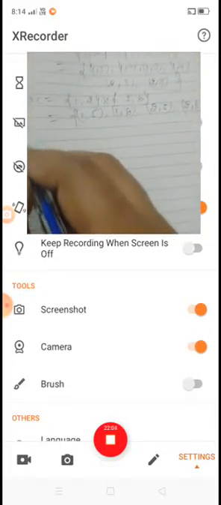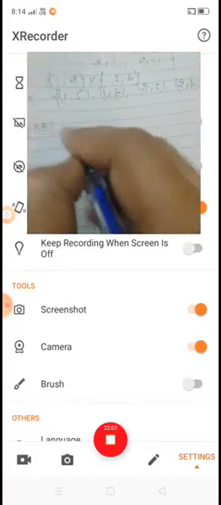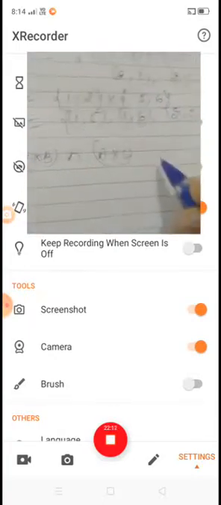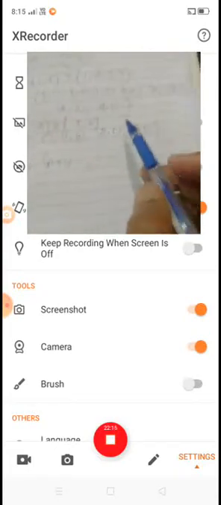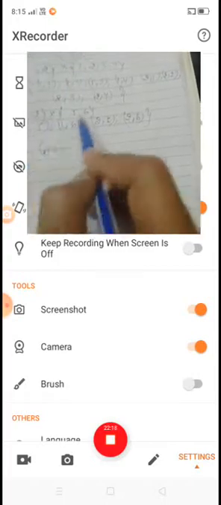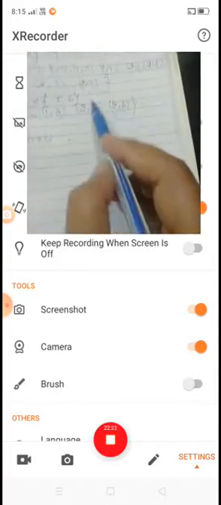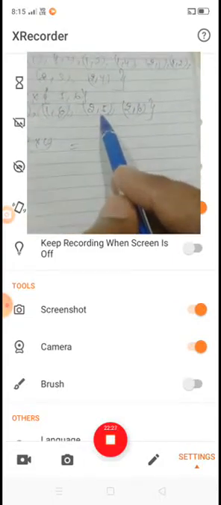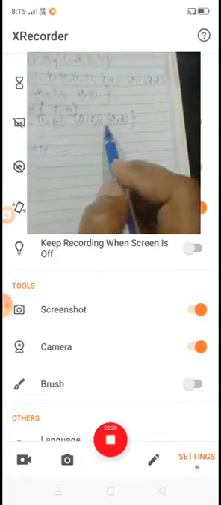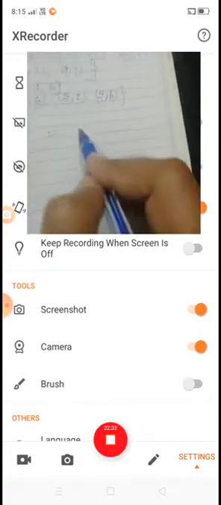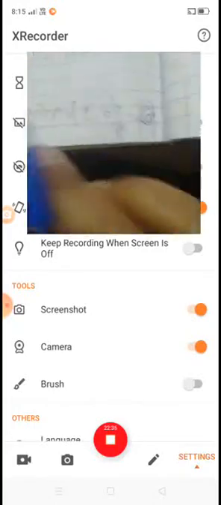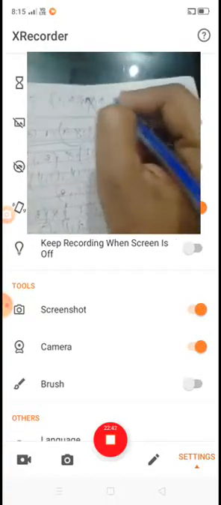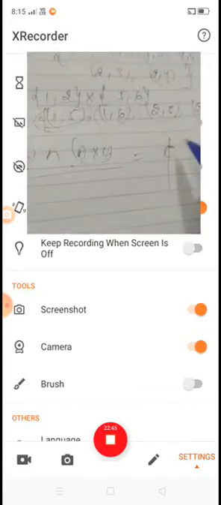Okay, thus A cross B intersection A cross C, which is common in both A cross B and A cross C. Look at this, (1,5) is not common, (1,6) is also not found in both A cross B and A cross C, and (2,5) is also not in A cross B, so this is the empty set. And we also have to find A cross B intersection C, which is empty set, so both are equal to the empty set.